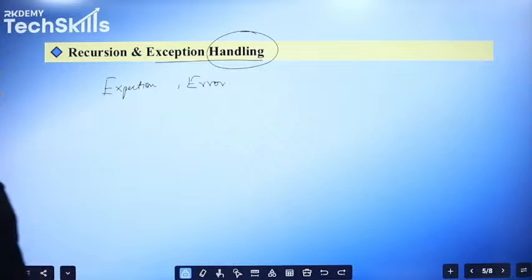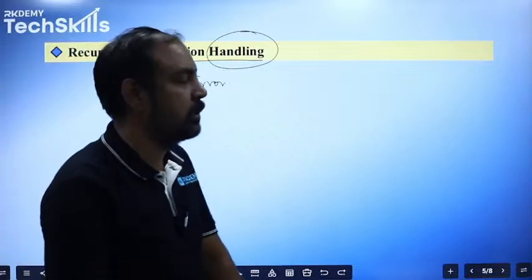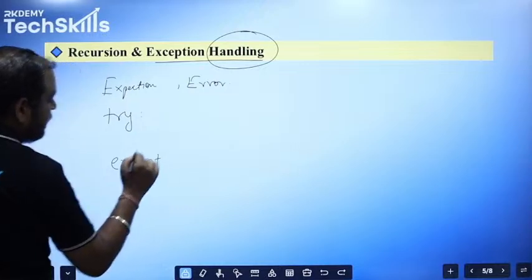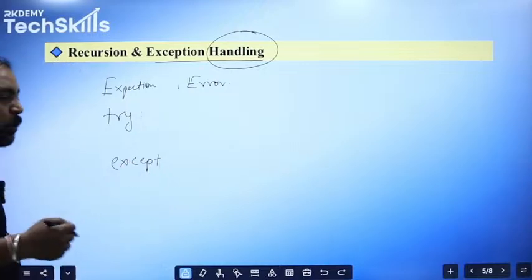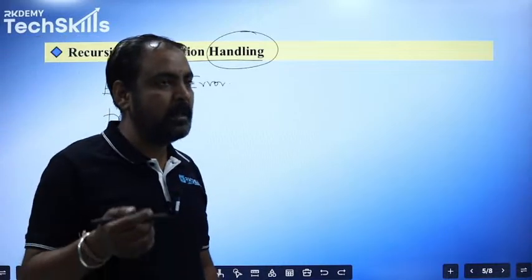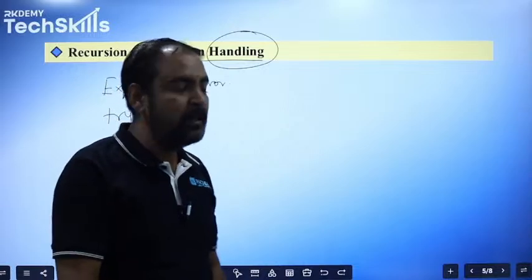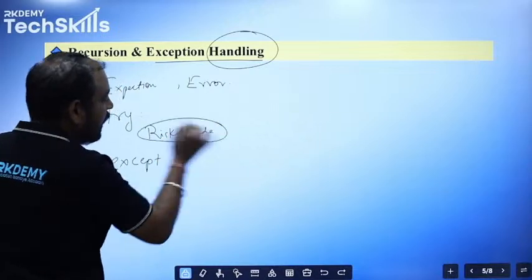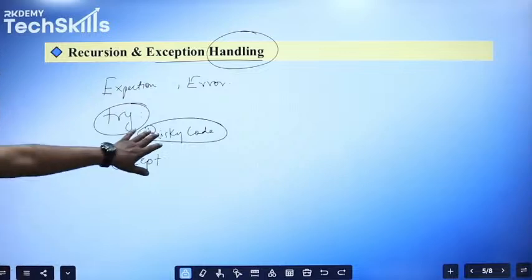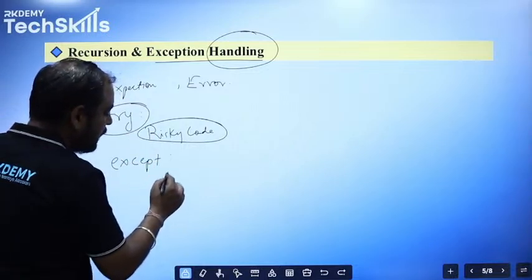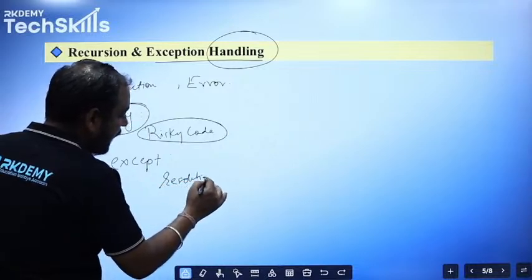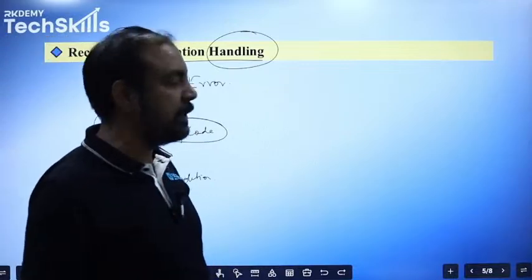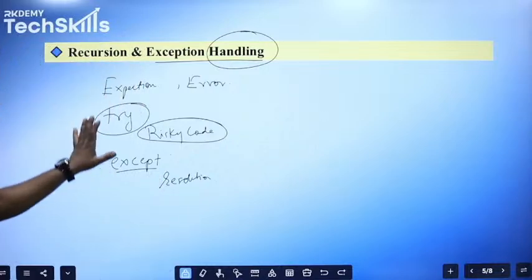और इसे हैंडल करने के लिए we are having try with except block. ट्राई के अंदर हम वो कोड लिखते हैं जिसमें मेरे को लग रहा है कि एक्सेप्शन आ सकता है, so that code is known as risky code. और उसका रिजोल्यूशन हम एक्सेप्ट ब्लॉक के अंदर लिखेंगे। जैसे अगर लिखना चाहते हो कि डोंट डिवाइड बाय जीरो, तो उसे एक्सेप्ट ब्लॉक के अंदर लिखेंगे। ठीक है, तो इस तरह से हम हैंडल कर सकते हैं।